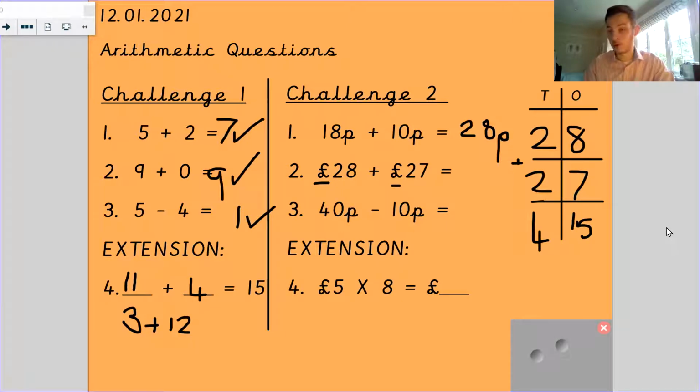That is not the correct answer. So what you must do is, if your answer is 15, I'm just going to put it here so that I can split it up. 15 is made up of a 5 and a 10. So from my 5 and 10, I'm going to put my 5 in here, and my 10 is going to